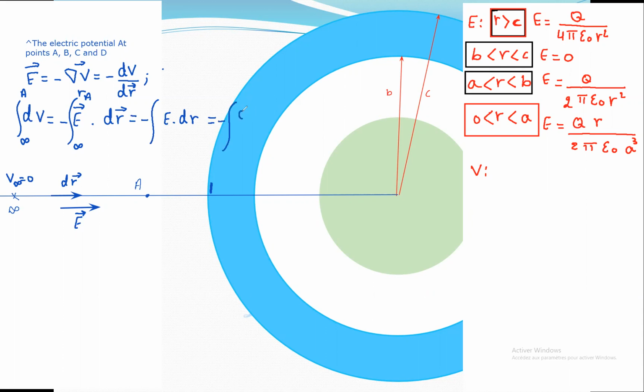We get Q divided by 4 pi epsilon 0 R square dr, and the limit is between infinity and RA. Okay, let's calculate the integral. Integral equals to VA minus V infinity equals to minus. Q is constant,